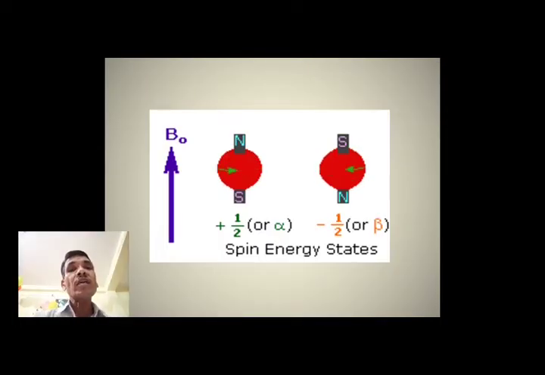Here, each charged particle or nucleus under the influence of an externally applied magnetic field has two values. One is +1/2, the alpha state, which is aligned with the externally applied magnetic field, called the low state or lower energy level. The other value is -1/2, spinning aligned against the direction of the externally applied magnetic field, called the beta state, that is the high energy state.